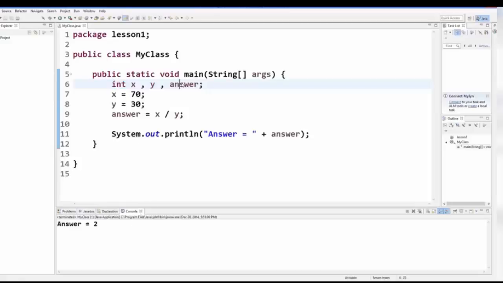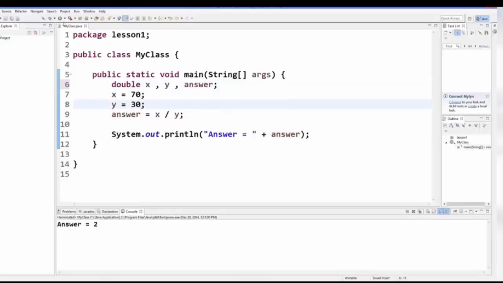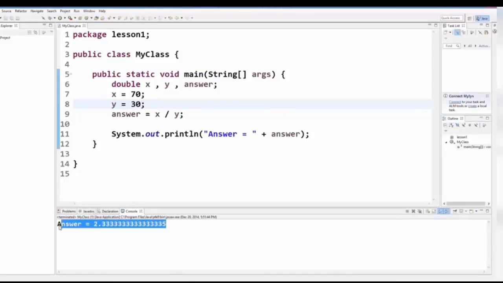But because this answer and these two are integer, we will only get the integer value out of this point value, and we will not get the whole division value, which is 2 point something. But to get this decimal value as an answer, you can declare your variables as double. So when you do something like this, see what's the answer. Now the answer is 2.33, and this is the exact answer we were expecting, right?